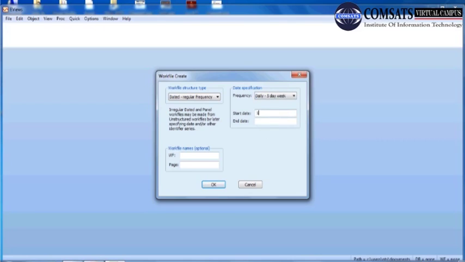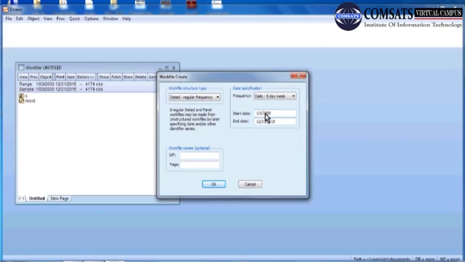The start date is say 1/1/2000, and the end date is about the 31st day of the 12th month, 2015.